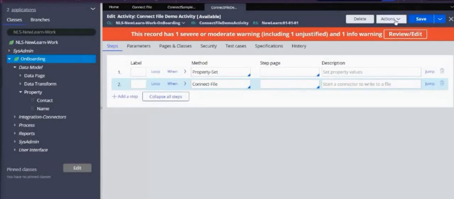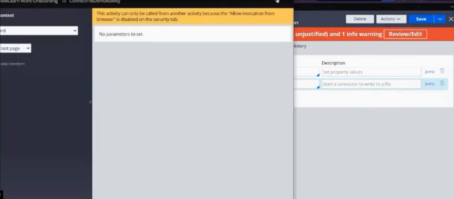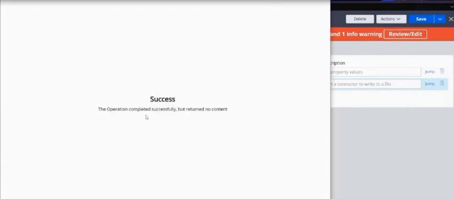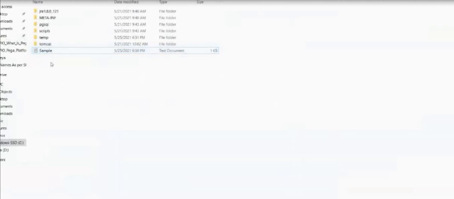Let's save and run this. Can you see now it is a success? Let's go to the folder and see whether we got this number or not. Yes, the time is also seen. Yes, we got this number.